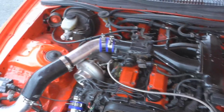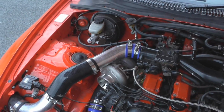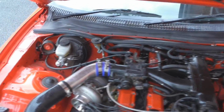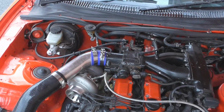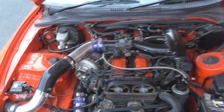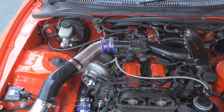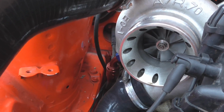In case you're wondering why you can't see a blow off valve, it's quite simple, we don't have one. That's why we get the really loud turbo chatter. There's a big argument on the net about what's good and what's bad. For the sake of 7 psi, I don't really care. It's not really causing any damage because the boost pressure is that low. I don't mind the noise coming back through the turbo because it sounds a lot better and you get a lot more choo-choos. So the oil lines were a kit off of eBay, which is never amazing,